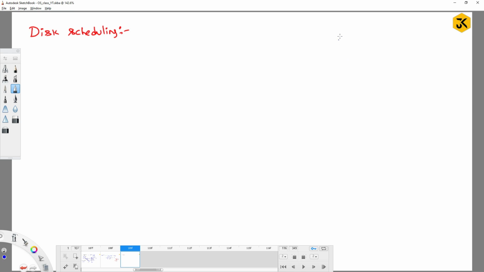So far we discussed concepts like how disk blocks are going to be allocated. They can be allocated in a contiguous, non-contiguous, or indexed fashion. And then we have seen how disk block free space is going to be managed. Now the next concept is disk scheduling, which means that once we have identified what free spaces are there,